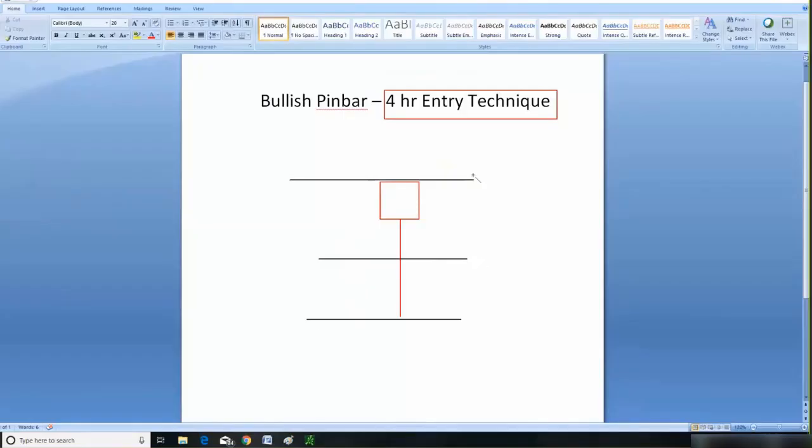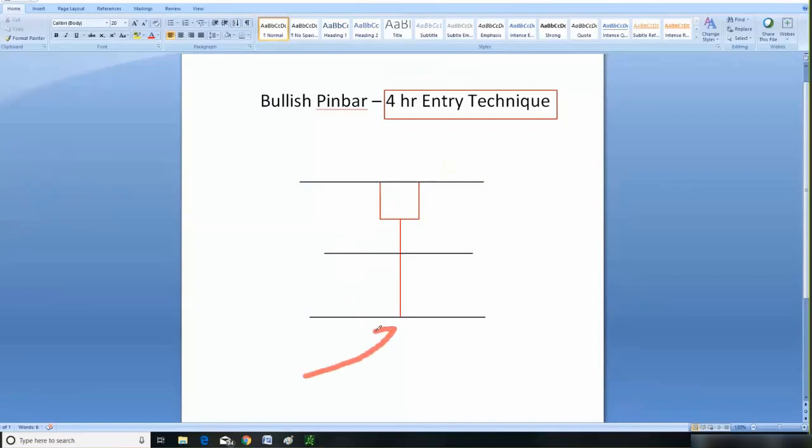And I draw a line at the bottom. Now, let me just kind of move those perfectly here. This is exactly what I do at the end of the day. I draw these 3 lines, okay? Now, why do I draw these 3 lines? Well, if I get a bullish pin bar, the first thing to know is